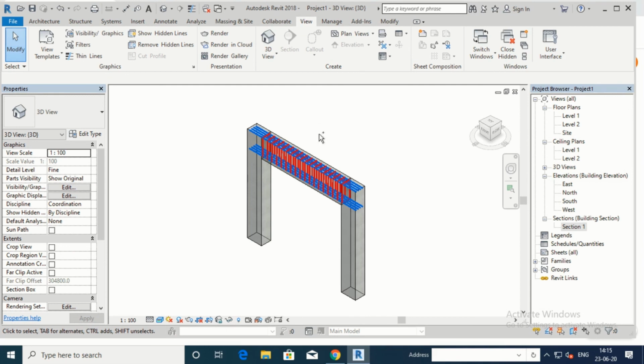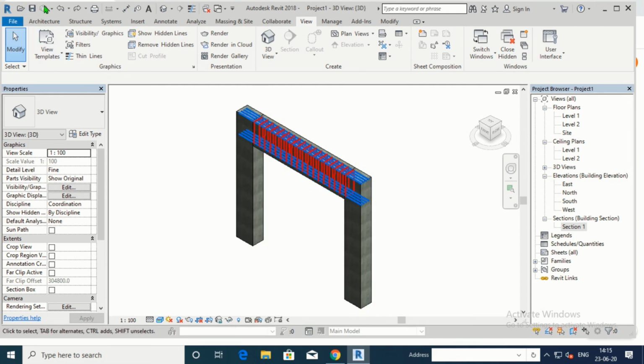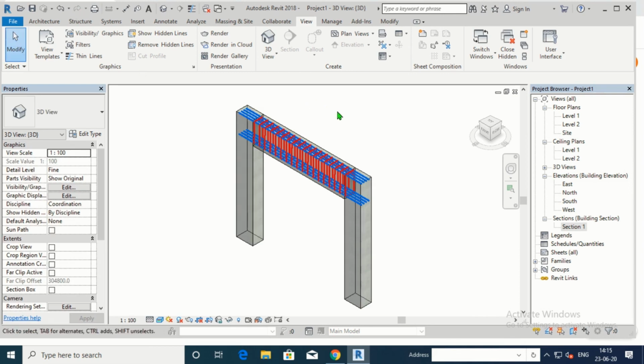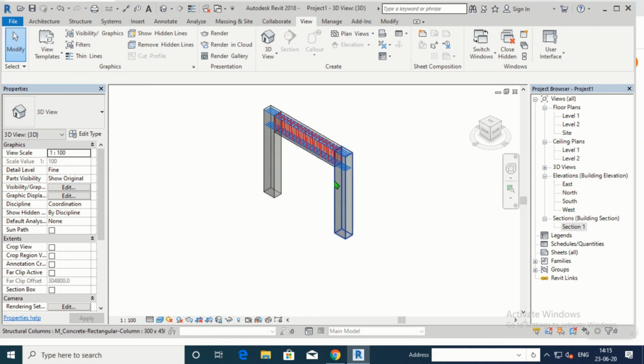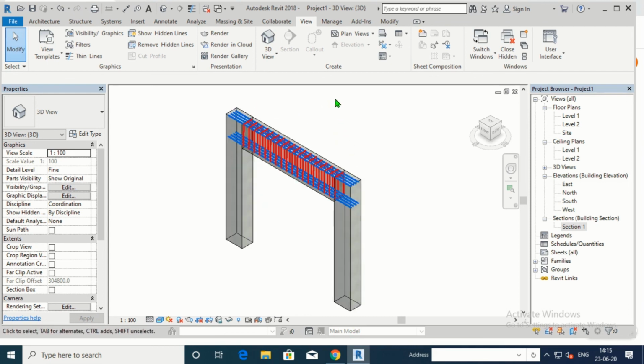If we press Ctrl plus Z to undo, it was earlier like this, and redo. Now the surface transparency has been increased by nearly 50%. Okay, this was the new concept, surface transparency, which I wanted to show along with this rebar in rectangular beam.